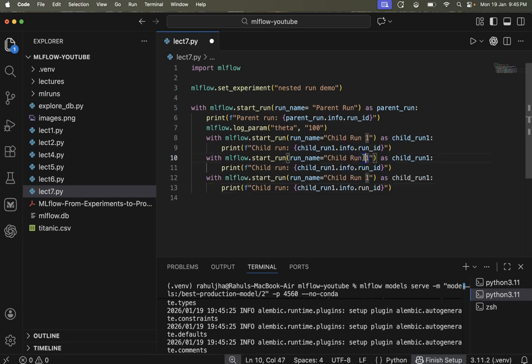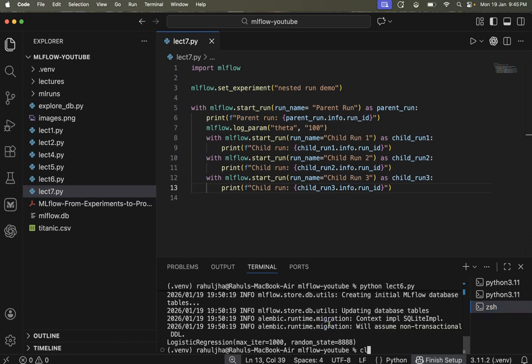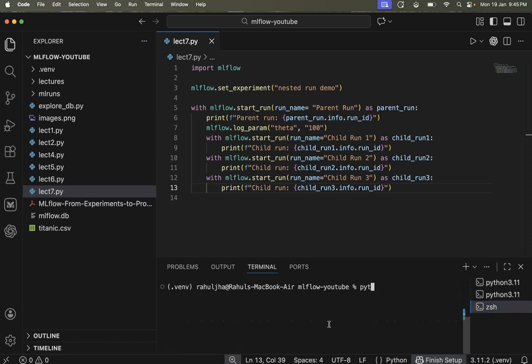So I'll say child run 2, child run 3. Now let's run it, although I can also log things, but let's just run it the way it is right now.